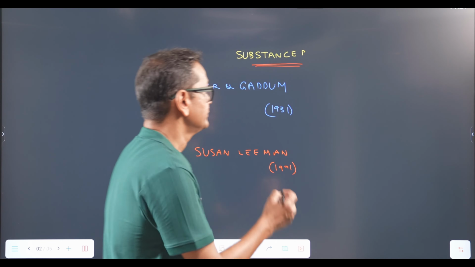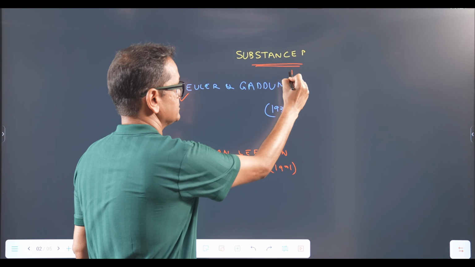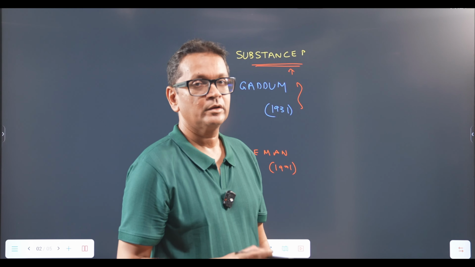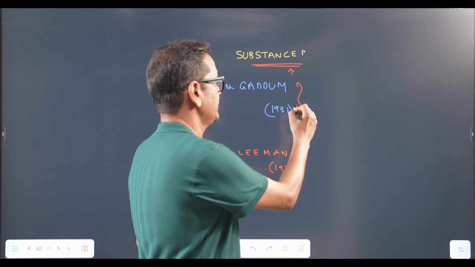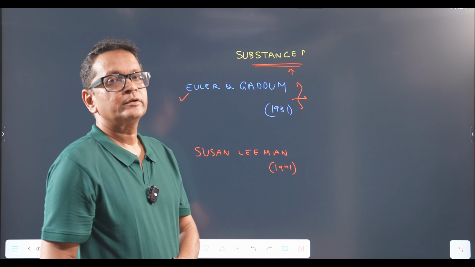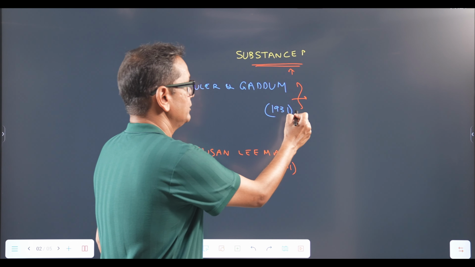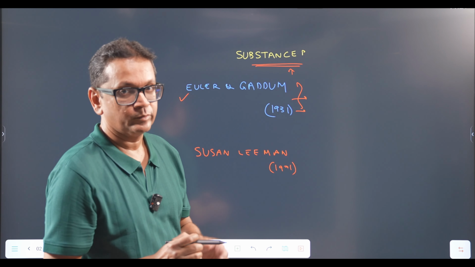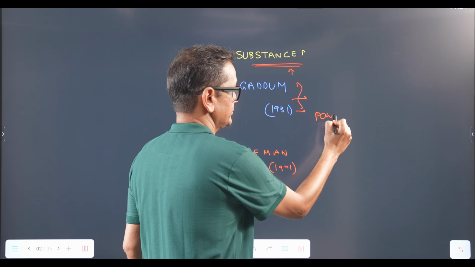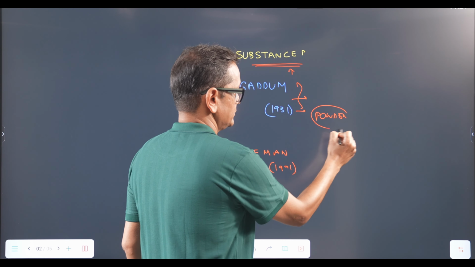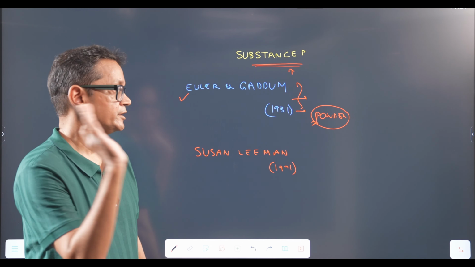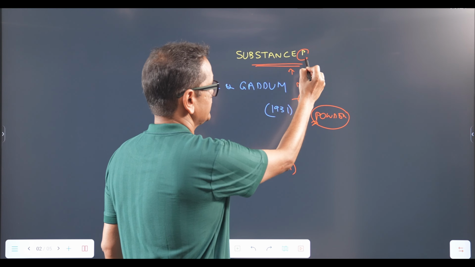They isolated this chemical, that is substance, from the brains and intestines of horses, and they saw that the action of this substance is smooth muscle contraction. It was very difficult to isolate and to store at room temperature, so they crystallized it in the form of a powder to store. So here P stands for powder. Actually substance P stands for powder,